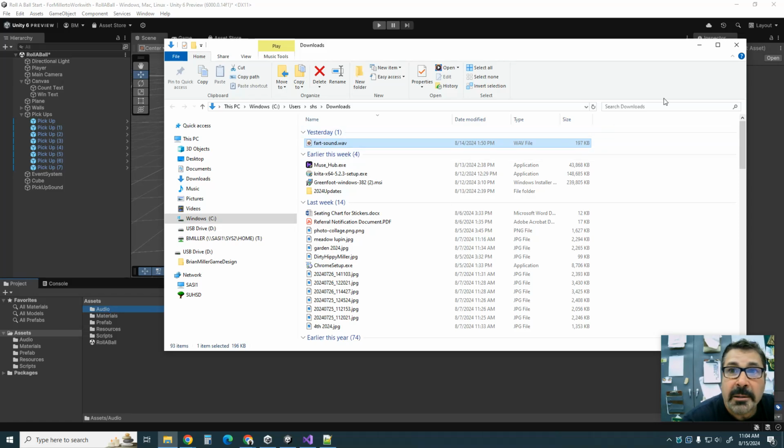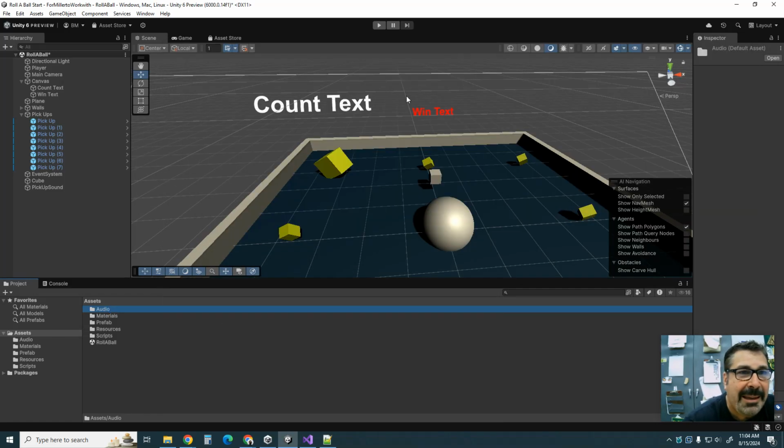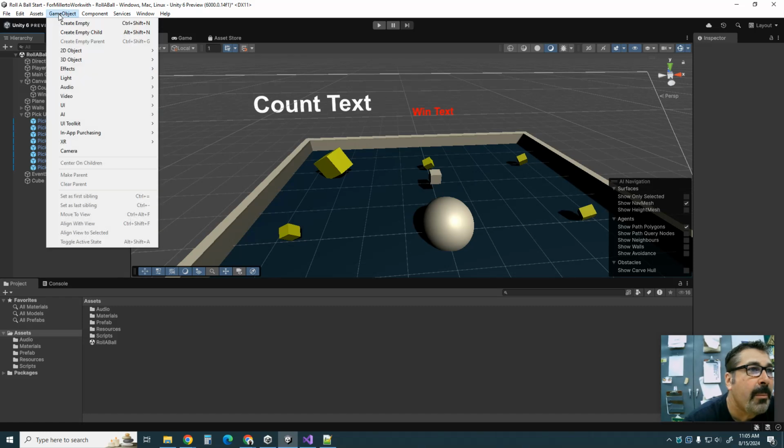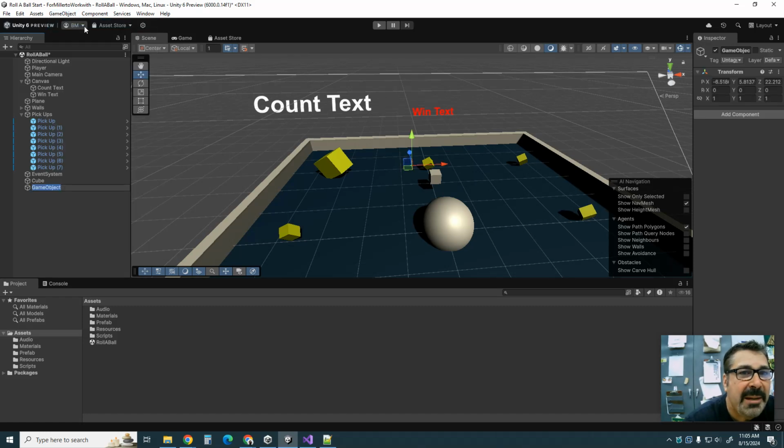Okay. And so the next thing we have to do is we need to get that sound into the scene. So we're going to create a new game object, and we're going to use an empty game object. You can't see it, it doesn't really do much, but it's a way to get stuff into the scene, like either code or sound effects. We're going to call this pickup